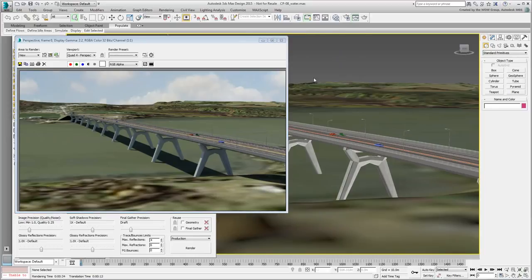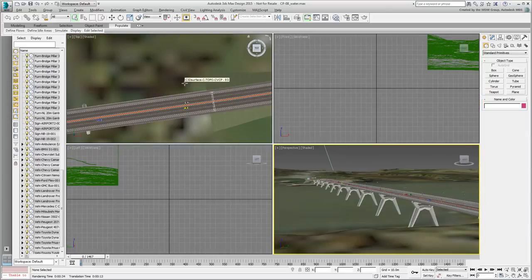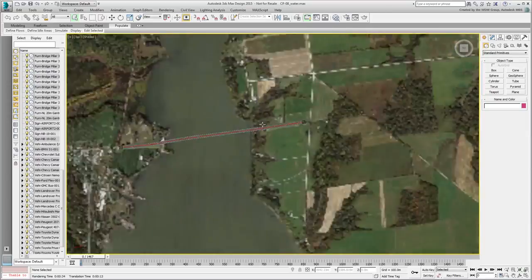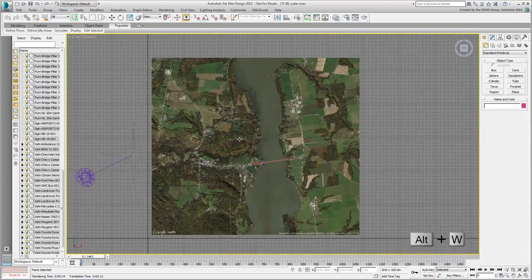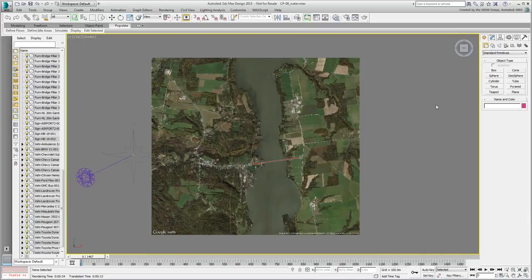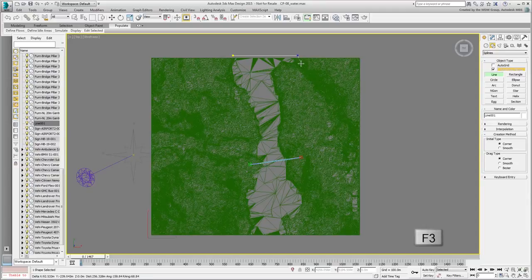material. Maximize the top view and adjust it to see the extents of the terrain. To maximize or minimize a view, use the Alt-W toggle. Using the Line tool, draw a polyline around the water surface, perhaps a few meters inside the land. As the terrain is actually set higher than 0 altitude, you may want to work in wireframe mode, F3 on the keyboard. Go around,